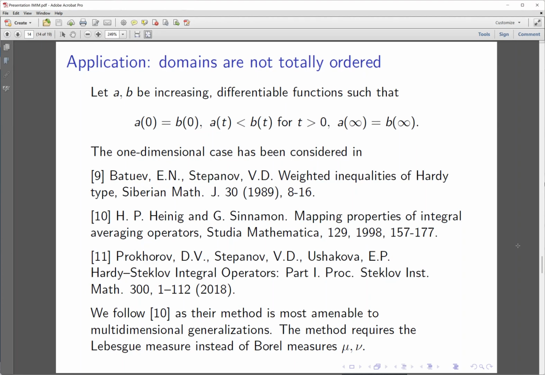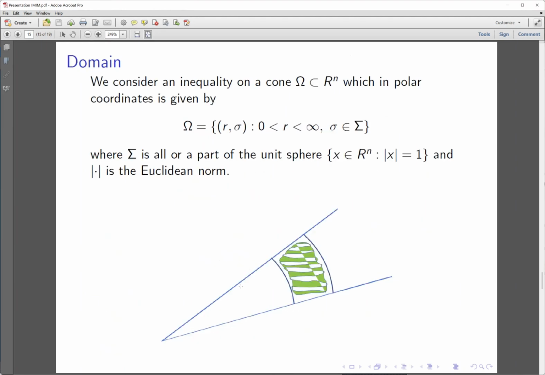Before doing that, I want to show you the domain. This is the domain. Okay, we take a cone. The cone is limited by two sides. This happens in the n-dimensional Euclidean space. So we take a cone and then we take concentric balls, and we have two boundaries of those concentric balls, and the area between the concentric circumferences,